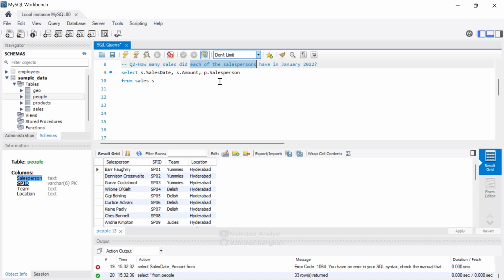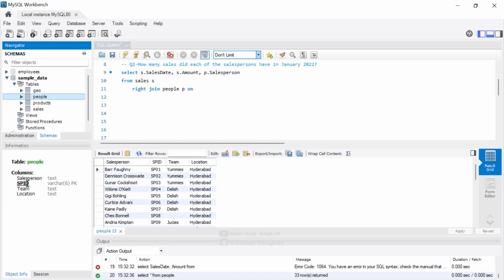So it means regardless of whether the salesperson could sell a product or not, we want to see their information. So the right table, the people table, must be complete, regardless of the completeness of the data from the left table. So I use the right join, the right join with people